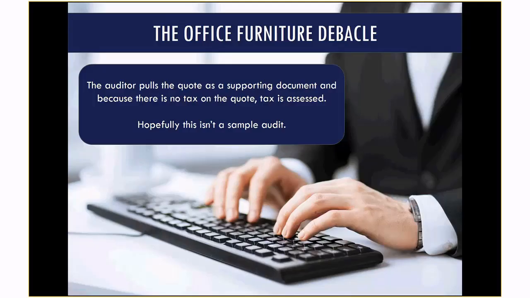Auditor goes to the file for this fixed asset desk, pulls the quote, that's all that is there, a quote with no tax on it. They have to put it on the audit assessment. And hopefully this isn't a sample, but it's a fixed asset, it shouldn't be, typically. Now, the folks at Wild Turkey have to figure out what happened, either try to get an invoice copy and try and unravel the whole works to see what happened with this desk, because all we had in the file was a quote and not an invoice.